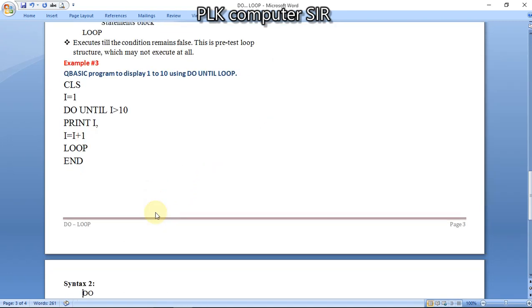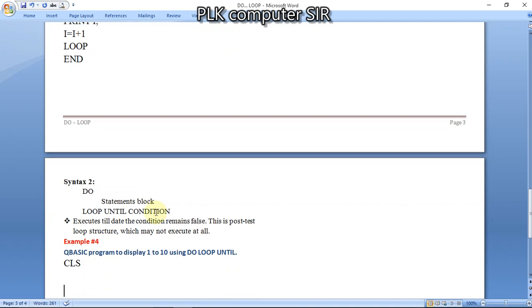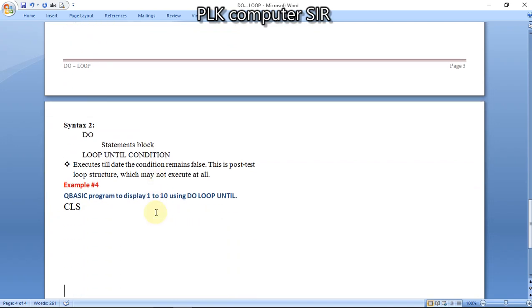Okay, now syntax 2 of this do loop until. This is the post test. So at first it will execute the statement, and only then it will check. And, my dear students, the same thing: execute till the condition remains false.